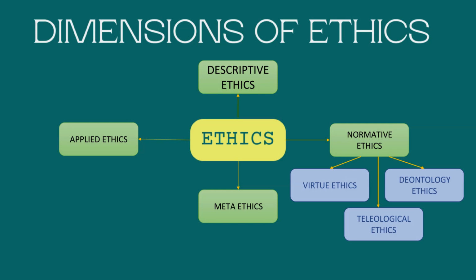It is an ethical theory that judges whether or not something is right by what its consequences are. For instance, most people will agree that lying is wrong. And if we follow deontology ethics, lying is wrong, whether it's for good or bad purposes, lying itself is wrong. But if we follow teleological ethics, if telling a lie would help save a person's life, then teleological ethics says that it's the right thing to